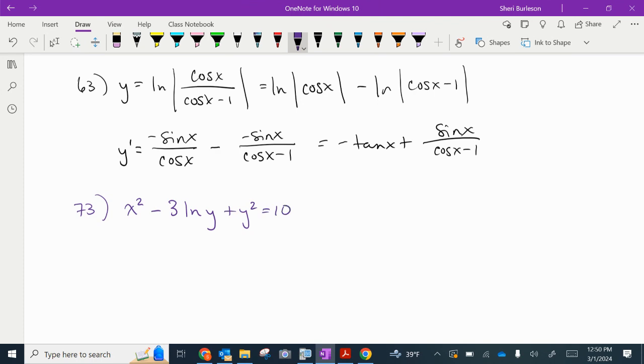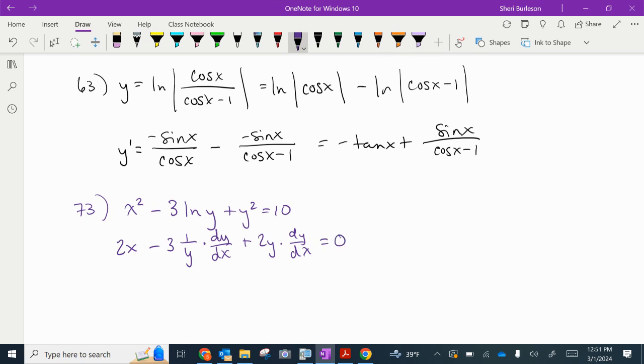So if I do implicit differentiation, anytime I take the derivative of an x, I'm good. Anytime I take the derivative of a y, I have the chain rule, and that gets me a dy dx or a y prime. So I don't know if the directions asked for find dy dx, but if that's what they tell you, use that notation. So the derivative of x squared is 2x minus 3 times the derivative of the natural log of y, which is 1 over y times the derivative of y with respect to x. And then the derivative of y squared is 2y times dy dx,